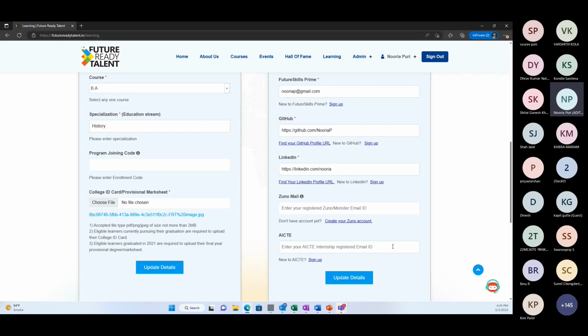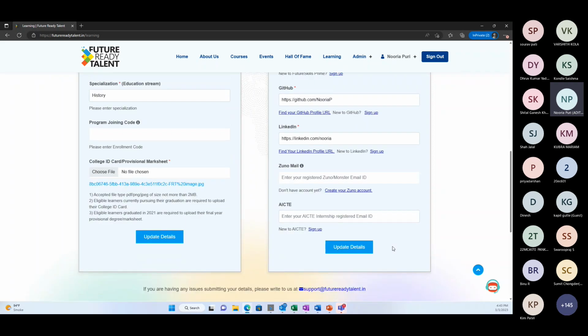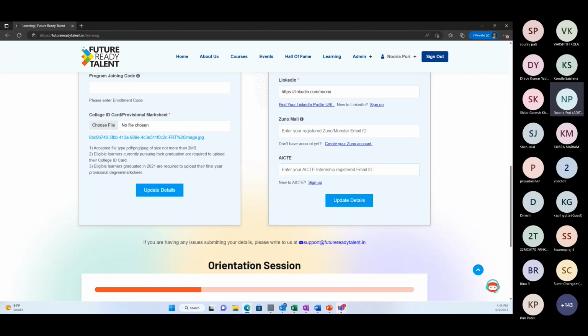And lastly, your AICTE internship registered email ID, in case you do have it. The last two, while not mandatory, it is encouraged if you do finish it. Add it as well. After that, you will just click on Update Details, and this information will also be stored in our system. If you're having any issues submitting your details or any issues that you have throughout your FRT